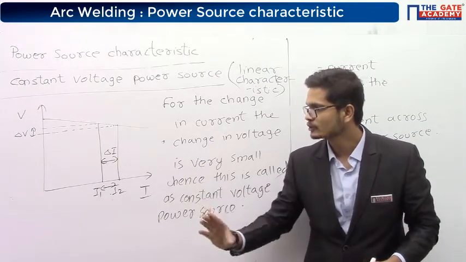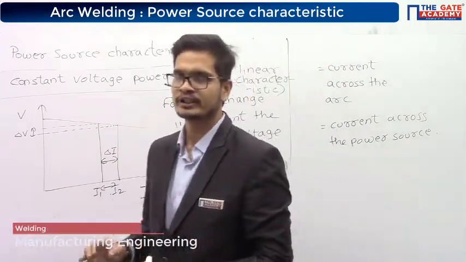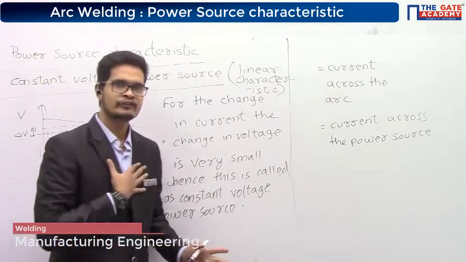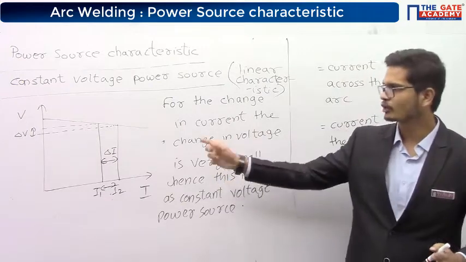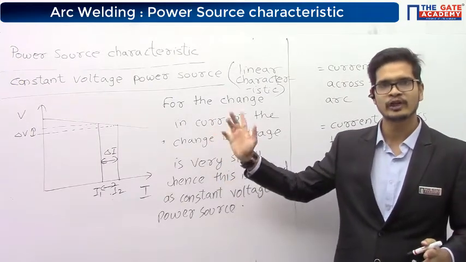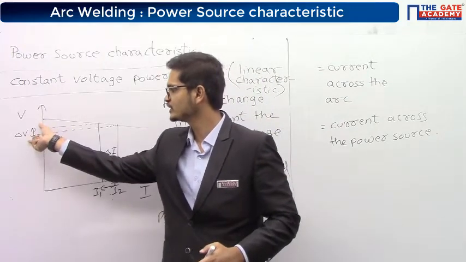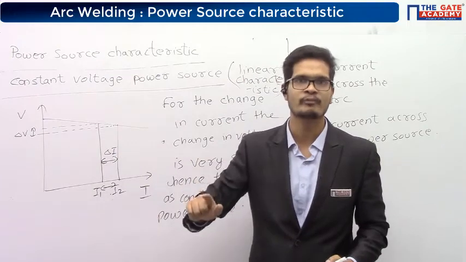Okay. So Gaurav is asking, where is it used? Gaurav, these are the most widely available. Hence, they are used with automatic and semi-automatic. If it was up to us, we could have used it for manual also. But what will be the problem in manual? You can see that even for a small change in voltage, the change in current is very high. That's why it is not preferred for manual.